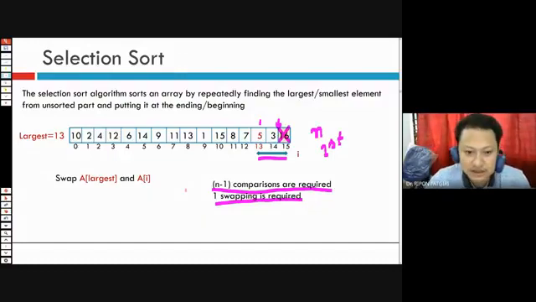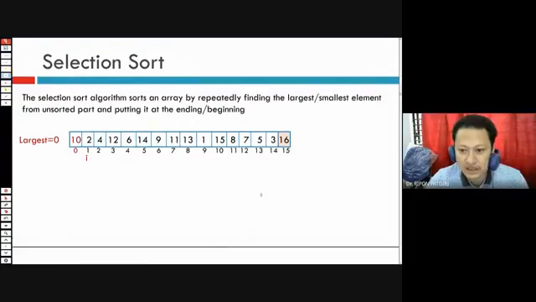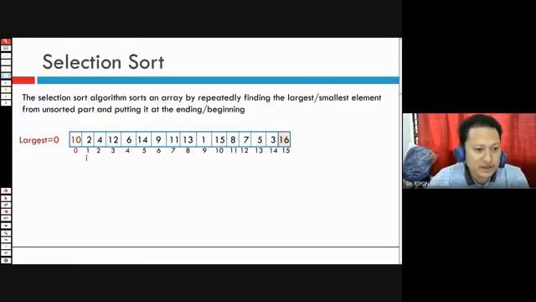Now next, let us see the next element. We have completed this element. 16 has been sorted. Now let us check it out. Again, it will start from 0, and again from 1. Then I compare. If 2 is larger than 10, then 1 should be placed here. Otherwise, 0 will remain 0.